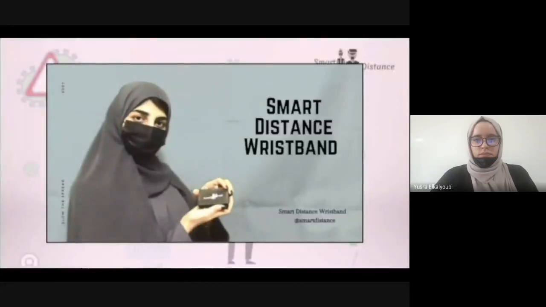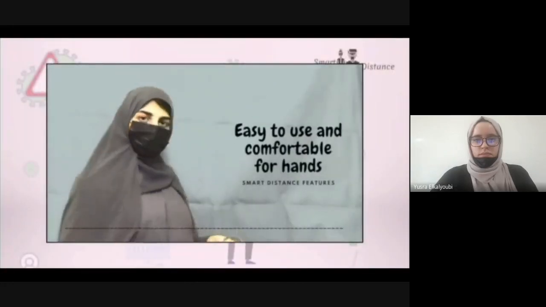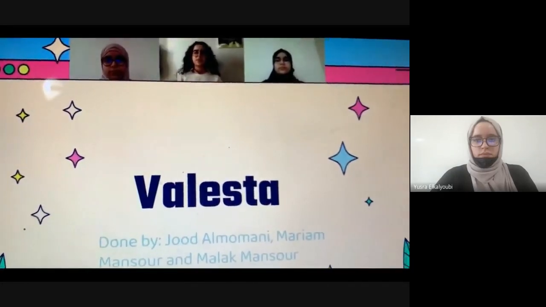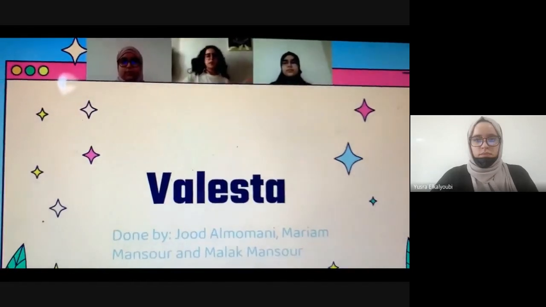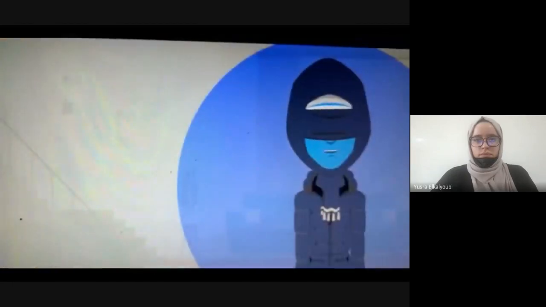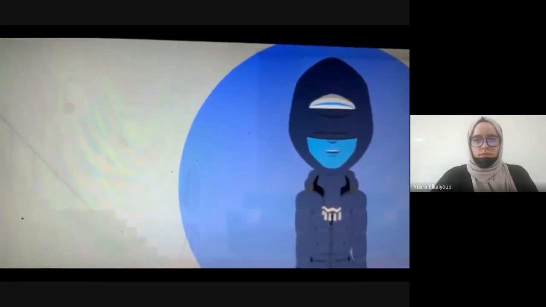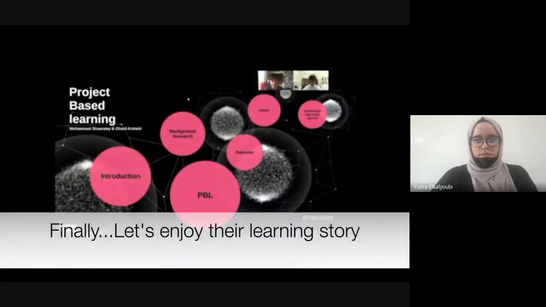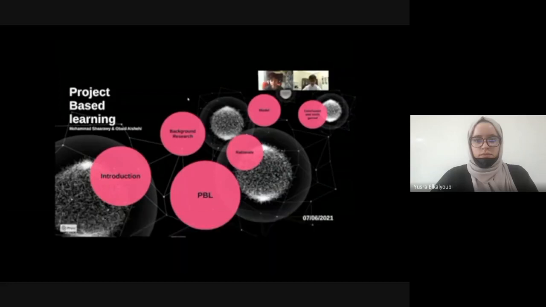My distance wristband is manufactured in the most advanced way. It has a high quality. Hello everyone, I'm here today, me and my teammates, to invite all of you to come and join us on our journey. After heating our mixture, we let it cool down. As a child, I was always told stories of an ancient civilization of aliens in a galaxy far, far away. We never thought that we'd ever come across this type of information, but it was really informational. It was a fun project to work on. We've recorded many videos. We've presented this. We've written our PBL. It was extremely fun, and we'd love to do it again.